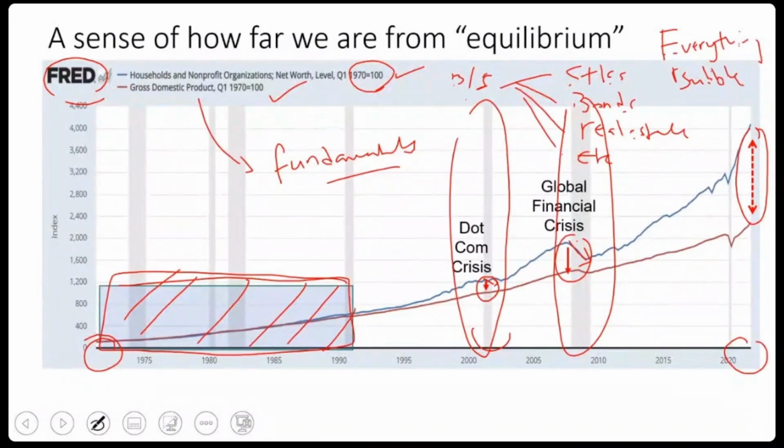This is where people have said stocks have gone up, bonds have gone up, cryptos have gone up, real estate has gone up, everything's gone up. So there is an argument that this current retracement, this current reset, could be much more painful than what we saw over the past couple of crises. I think it's a very interesting chart, and a very interesting way to look at it from this perspective.